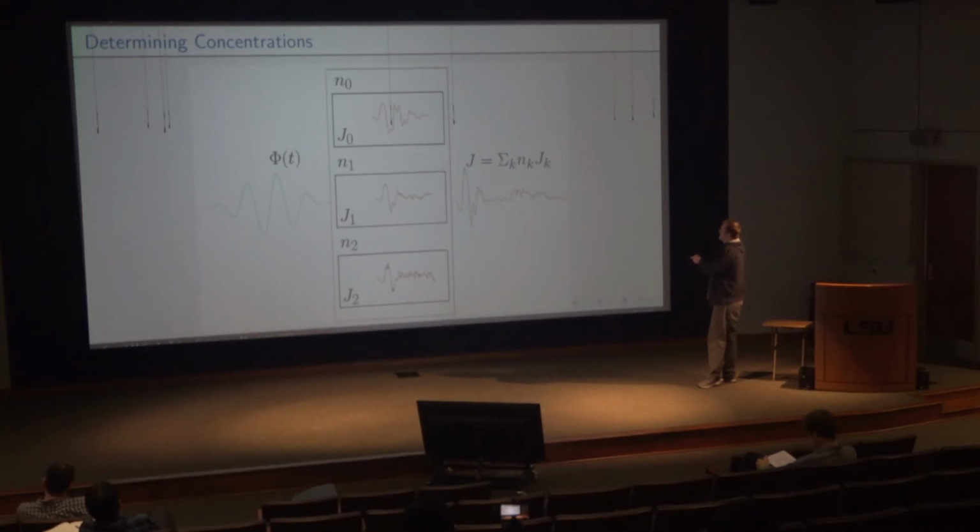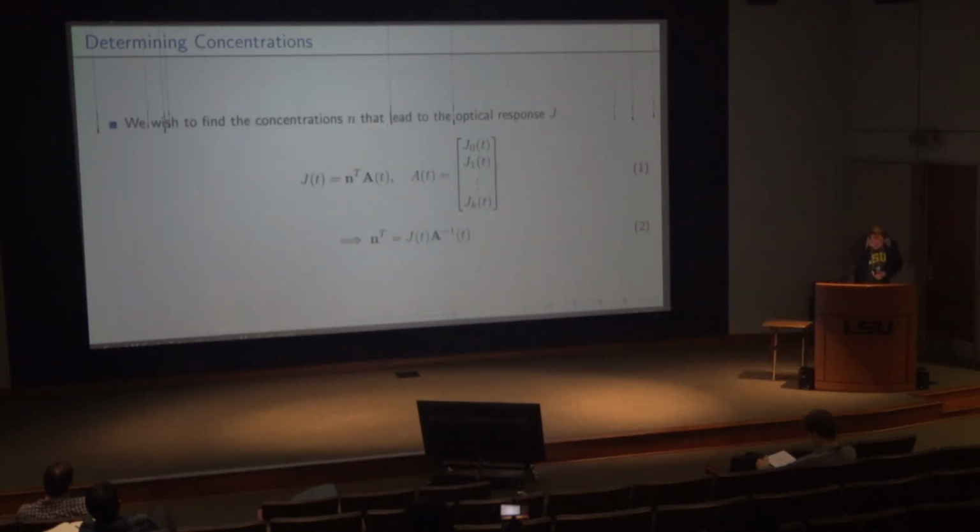So you know your J_k's, and you know your final output J, and you want to find this N_k, these densities. Well, one of the simplest ways to do this is to think about it just in terms of a linear algebra problem. This is a little bit of an abuse of notation here. I've written it as a vector, but really you can imagine that for each time point you have the current at that time. So this is going to be a very rectangular matrix, really.